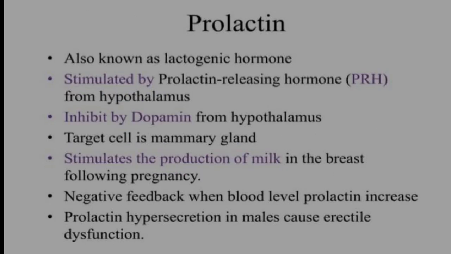Then prolactin, also known as lactogenic hormone, is stimulated by PRH, prolactin releasing hormone, from the hypothalamus, and inhibited by dopamine from the hypothalamus. Target cell